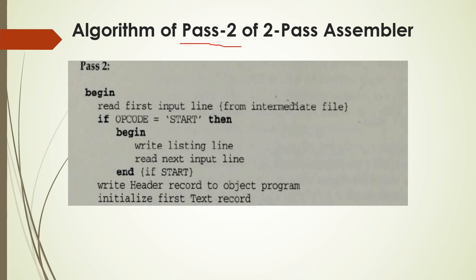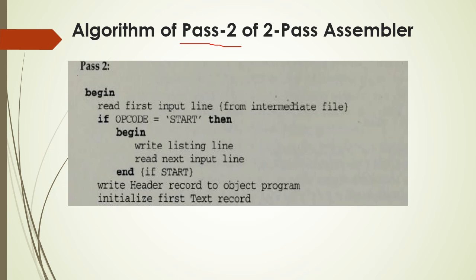Byte, word, etc. are the assembler directives. For those assembler directives, it will not generate the object code. Instead, it will generate the data values defined by byte, word. Then after that, it will perform processing of assembler directives which are not done during the pass 1 of an algorithm. Finally, this algorithm will write the object program and assembly listing.